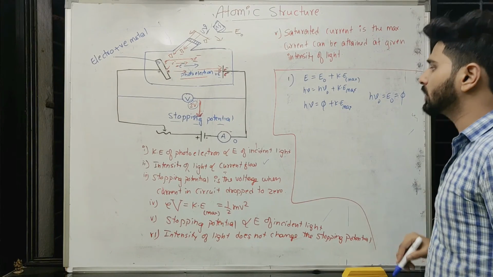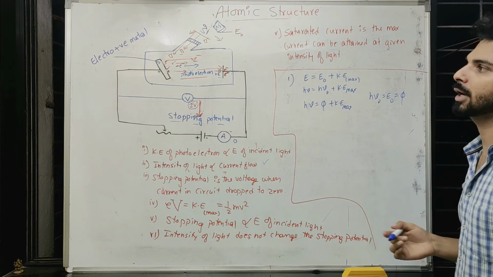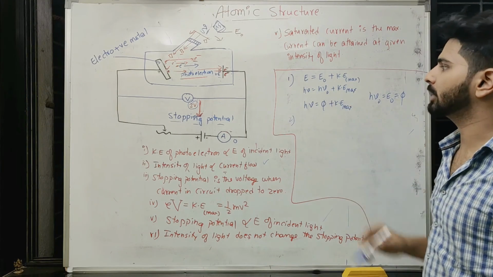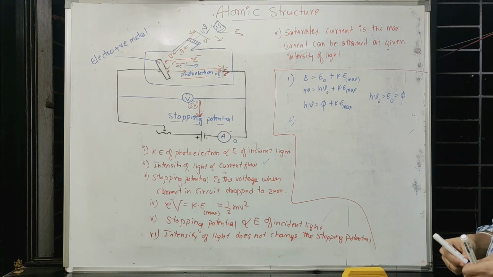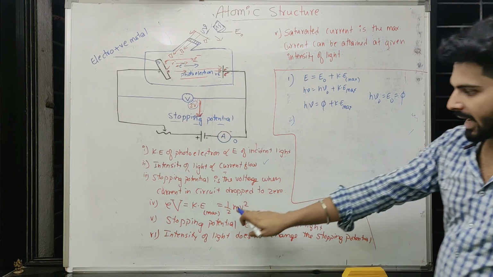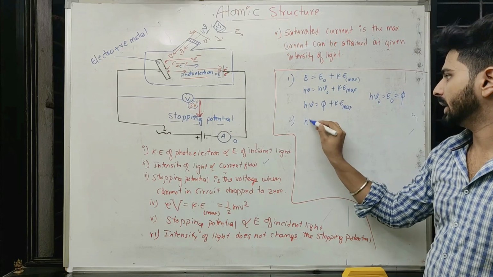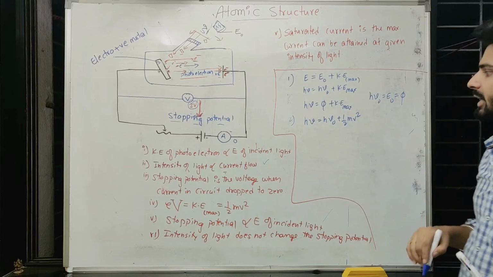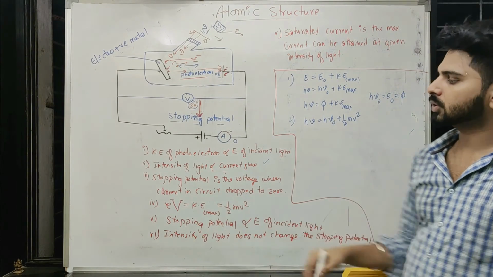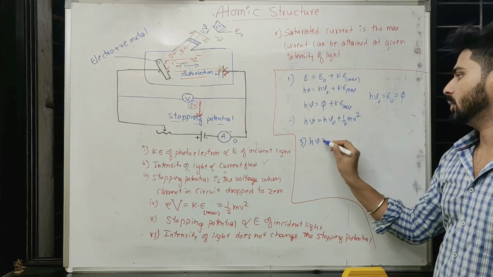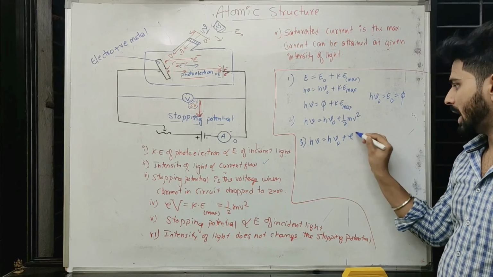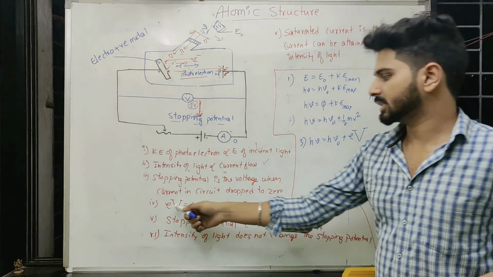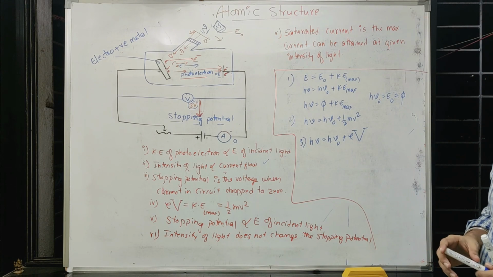Why we have to remember this? Because sometimes a question can be asked, what is the work function of that particular electropositive metal. Then you have to remember what that work function is in the system. In this equation, work function is nothing but h nu naught, or threshold energy. Other than that, kinetic energy can be replaced with half mv square. So h nu is equal to h nu naught plus half mv square can be used instead of kinetic energy. Or we can also use h nu equal to h nu naught plus charge into voltage, because we know kinetic energy is equal to charge into voltage. And other than this,